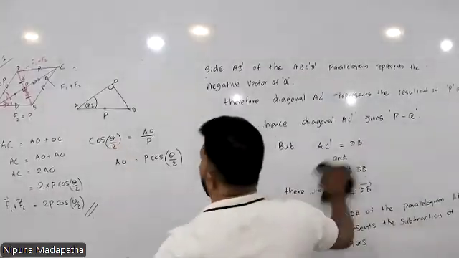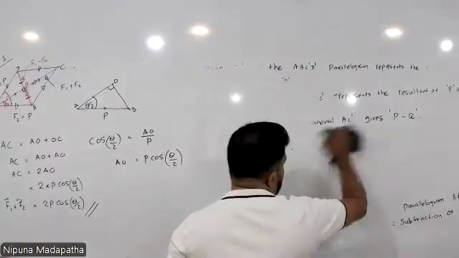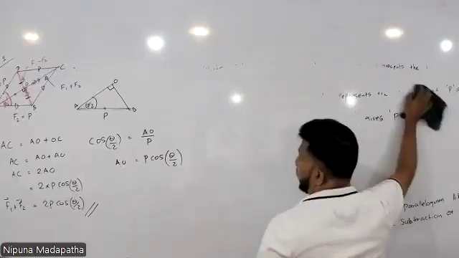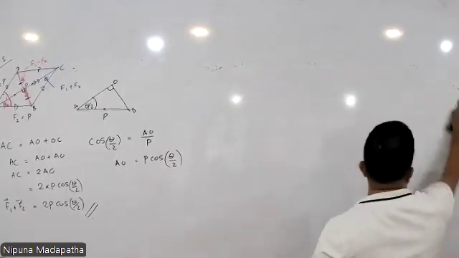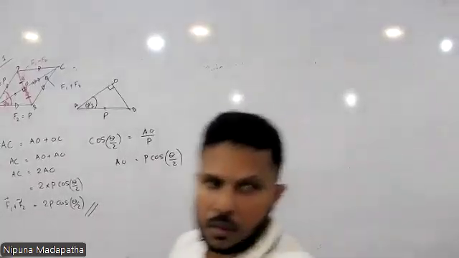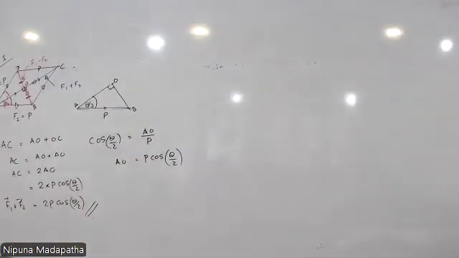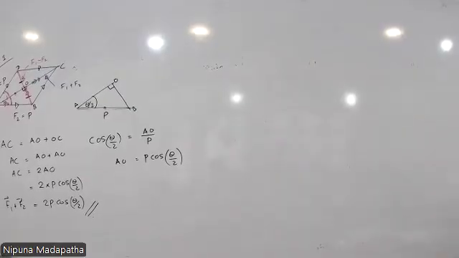I can also get the length of the diagonal BD. Use the same method, but you will require a different trigonometric ratio. Second method is